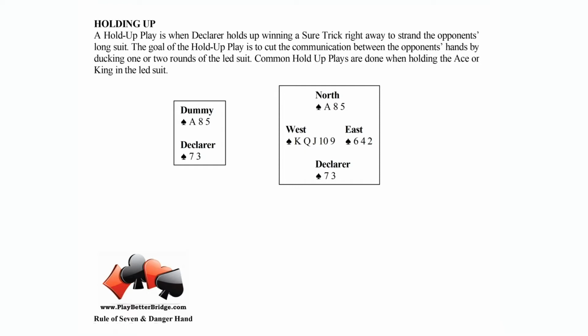Sure tricks are ones that you can take right away, versus potential tricks or potential winners that you have to develop into tricks. So that ace of spades in this example is a sure trick. Okay, so the hold up play is when Declarer doesn't take their sure trick right away. They hold up, and hold up, and hold up, and the goal of the hold up play is to void the short hand. Okay, so in this example, if the king of spades were led,